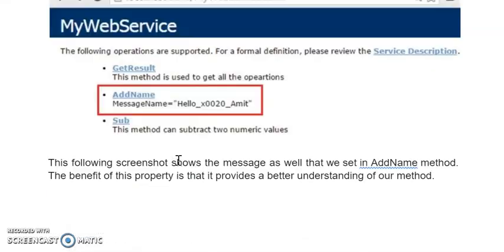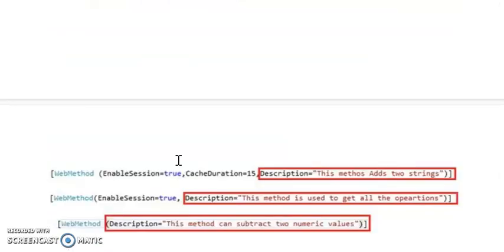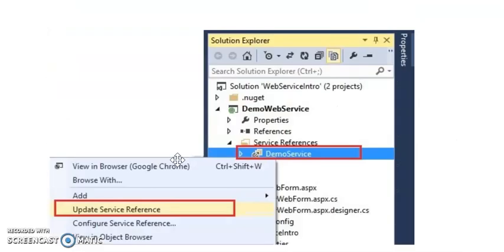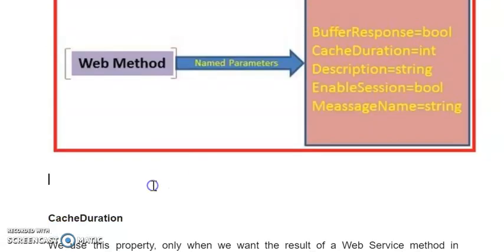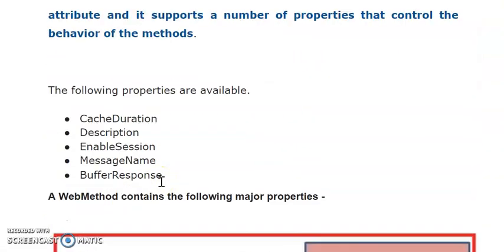Okay, so these are some of the properties of the web methods that are popularly used in web service programming. In the next point we will see how to create a web service with these properties. I will show you how exactly these can be used in your web service, and also, as the last point, how to consume a third-party web service in your application. First of all, we will create one local web service, and we will fetch this web service into another application, and we will use all these properties we have learned in this theoretical part.